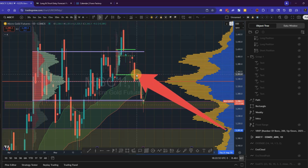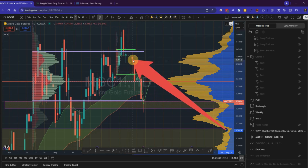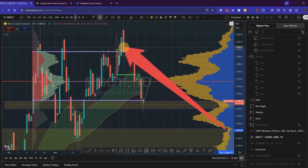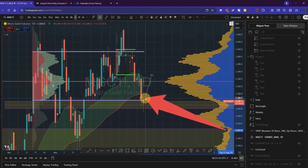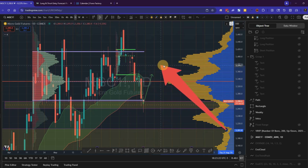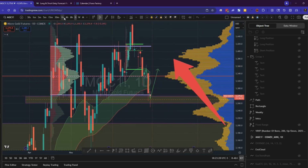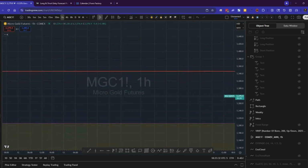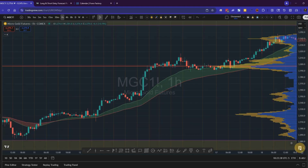So this range, this new fixed volume profile with the green high and low, the point of control for this little range right here is up here. So we're gonna go to a lower time frame to see how price reacted to this point of control, and then we would see what the trend was like and where exactly I entered. Alright, so let's go to the 1 hour chart. I think I should close this since we're not using this. So if we go to the 1 hour,